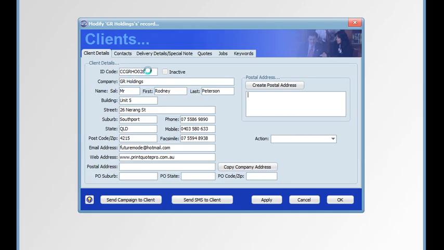for the client. The inactive checkbox, when selected, will render the client inactive and they'll not show up in any of your searches. You can, however, find them by doing a search of all records and choosing the inactive checkbox